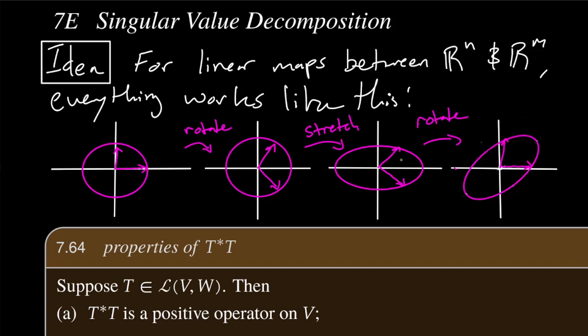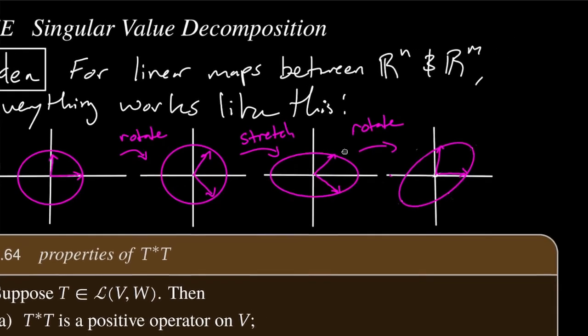After all, if you send some arrows to another set of arrows, those arrows are just longer or shorter, i.e. there's a stretching, and they're at the same angle or different angles, i.e. there's some rotation going on. So this is essentially how all linear maps from Rn to Rm work, a fact that we'll prove today. And essentially, the main thing that we'll show